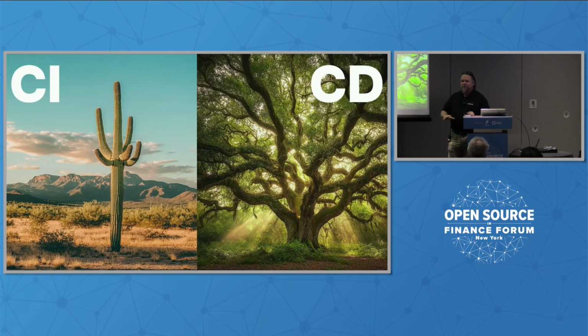So I was sitting underneath a tree at a jazz fest, and I was in Savannah. I live in South Carolina. I was looking up and I saw this tree with this amazing moss coming out of it. And I was like, oh my gosh, that is what CD is. It's this mess of all of these things going in every different direction and trying to understand what that looks like. Where CI, anybody here who has ever done CI or inherited a pipeline, it's the cactus. It is prickly. Nobody wants to touch it.